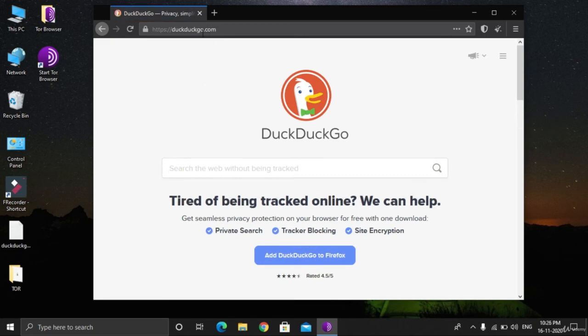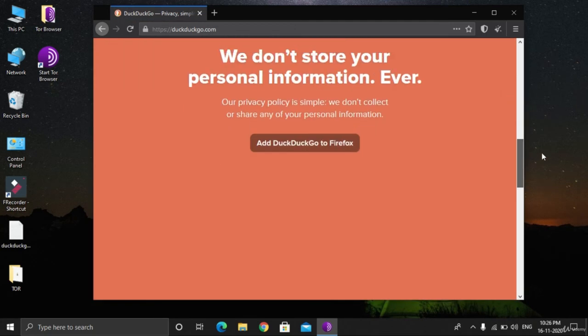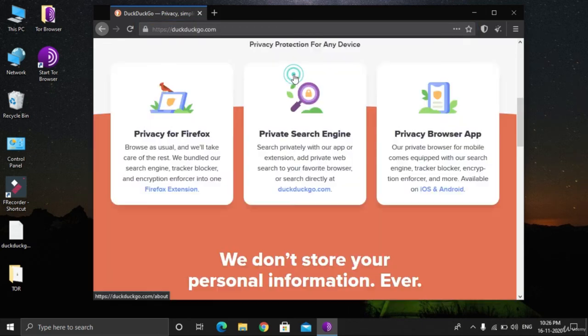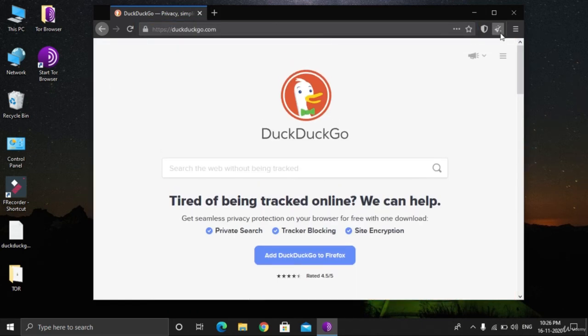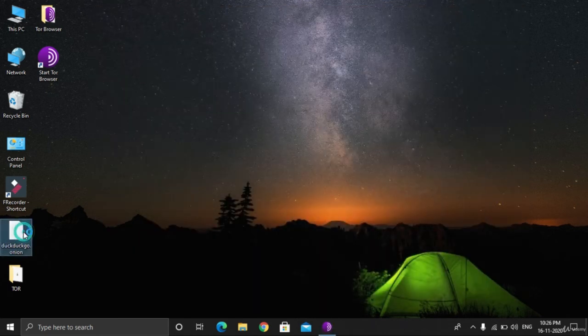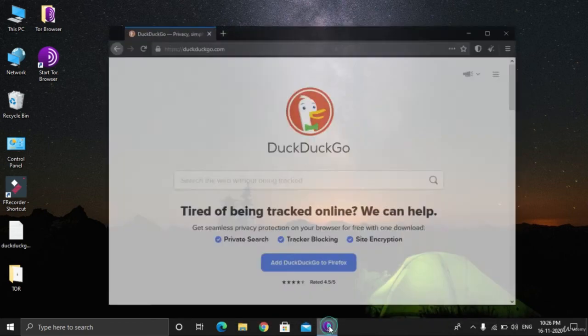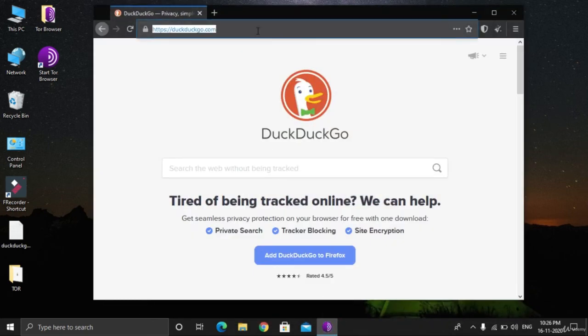There are many of them. Actually, DuckDuckGo cannot be used to surf the dark web. For surfing the dark web, we will be using another browser later in this course, that is Excavator, right? Still, DuckDuckGo is a very safe browser. It will never track you. So here is the onion link of the DuckDuckGo browser, which is located on the dark web. For more security, we are opening the onion link of the DuckDuckGo browser. It's the same DuckDuckGo, just on the dark web.